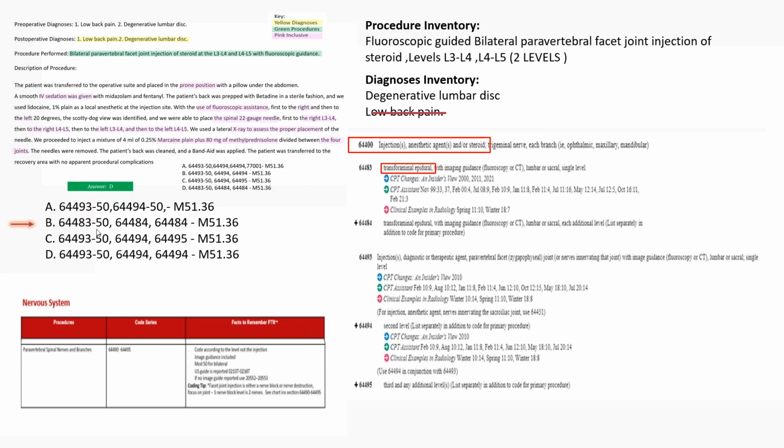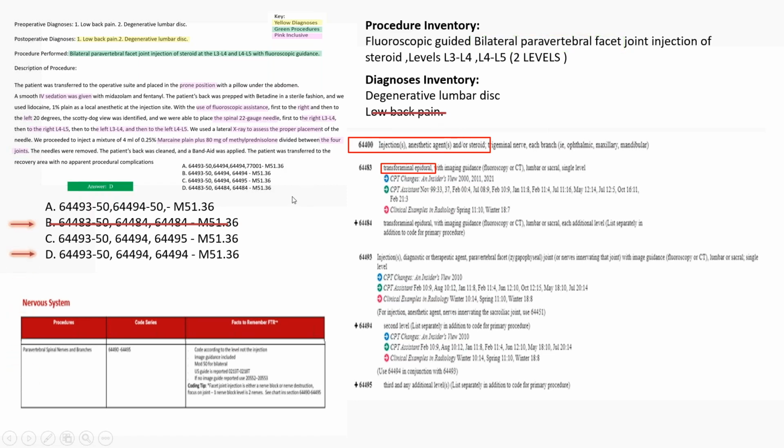The option B, 64483, which is coding for injection of anesthetic and or steroid in the location of a transforaminal epidural with image guidance, fluoroscopy or CT, lumbar or sacral, single level. So we can eliminate this option right away because of the location. We are coding here for facet joint injection rather than an epidural transforaminal injection. You guys see we are coding for bilateral facet joint injection and not for an epidural transforaminal injection. That's why option B